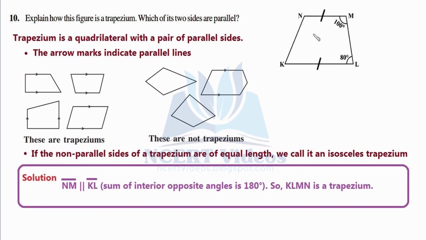With this question, we learn a very good thing which will be helpful in our daily lives. That is, if we ever require to construct any two parallel lines, we can do so by measuring the sum of interior opposite angles. First of all, we will construct a line, and we need to construct a line which is parallel to this line. Therefore, we will construct a transversal, any line which crosses this line like this, and we will measure either this angle or this angle.